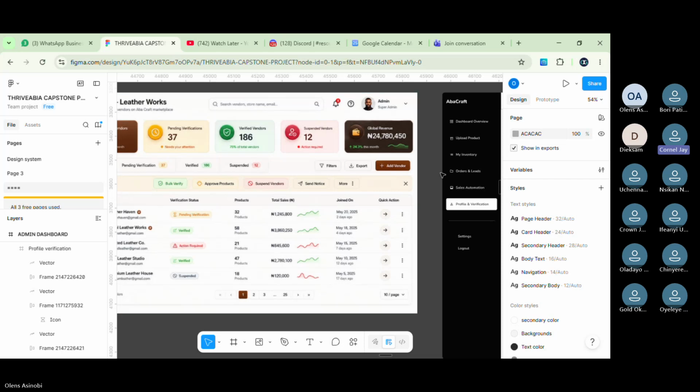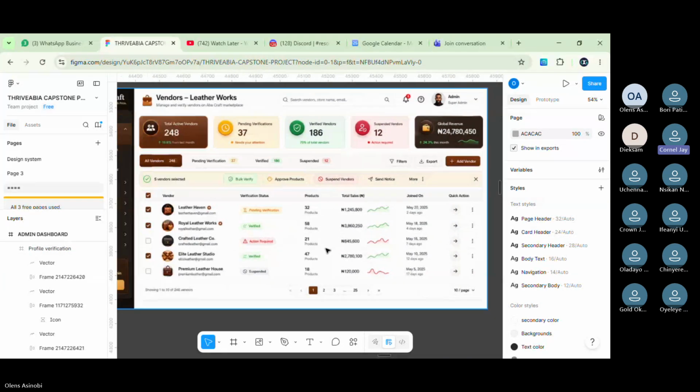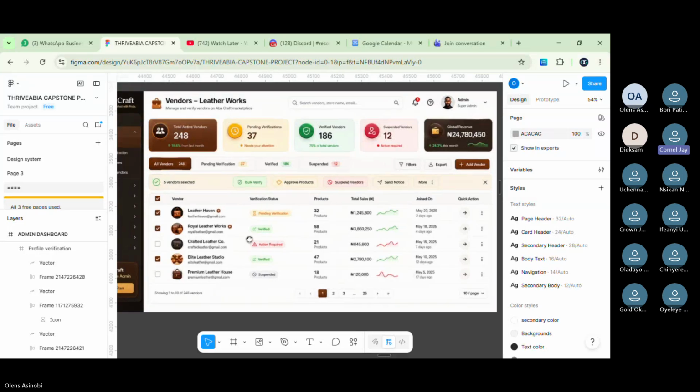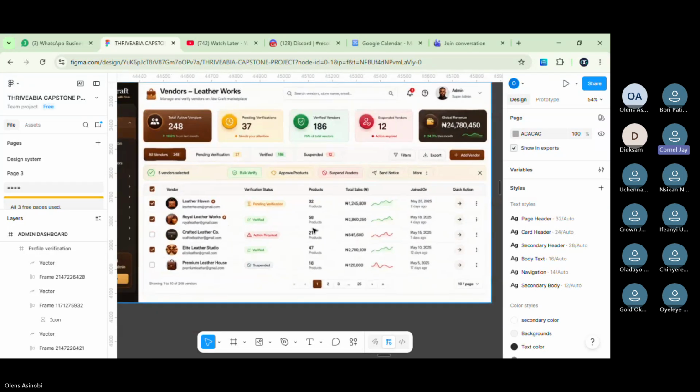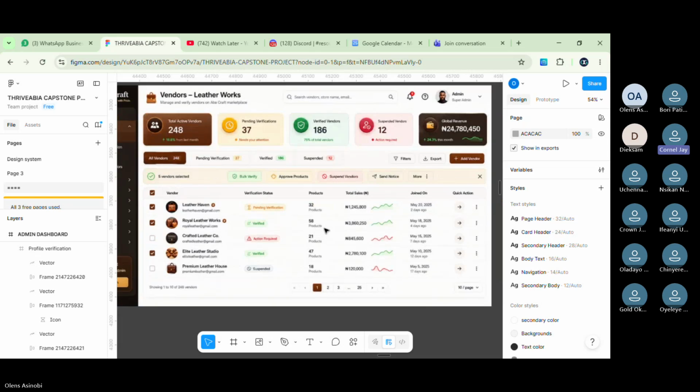So even that add vendor, I think there is a quick action tab that carries the bulk verification, and bulk suspend and this thing. Is it not similar?